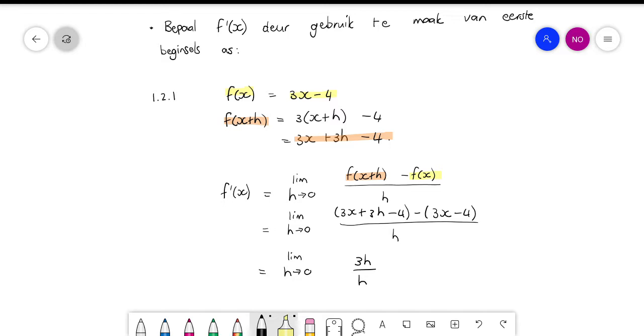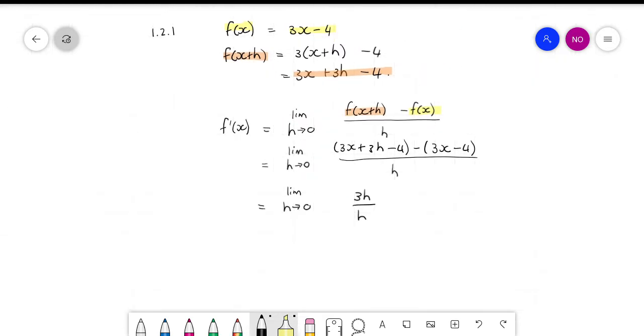Okay. And this one, nice and easy, like that. I'm going to drop this now because I'm using it now, but I don't have a place to substitute it in. Nee, want al wat oorbly is 3. So do you guys see the first step where you can drop that is where you actually set h equal